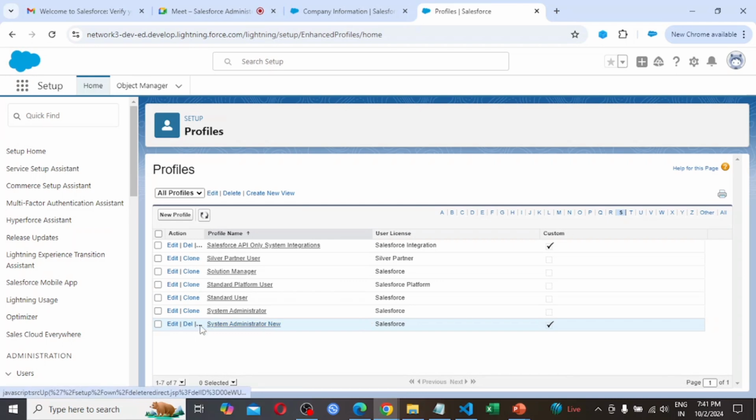See here, this system administrator new profile we had created in our earlier session. This profile I am going to modify. As we created this profile, we are able to delete it, but you can see that the system administrator profile is also there. We can't delete this, as this profile is created by Salesforce and given to us. So our custom profile we are going to edit.